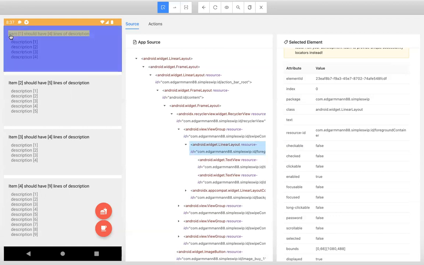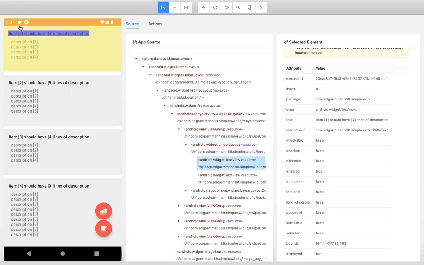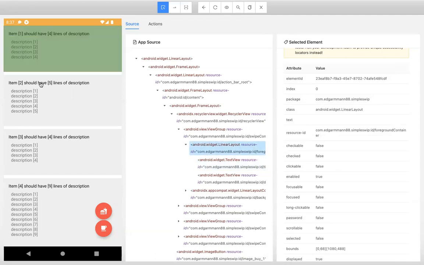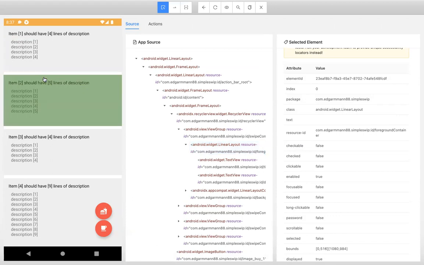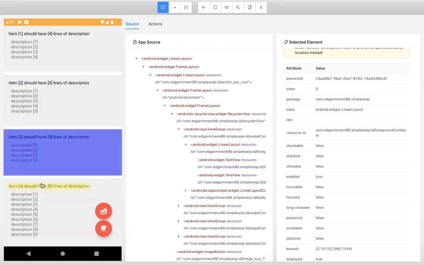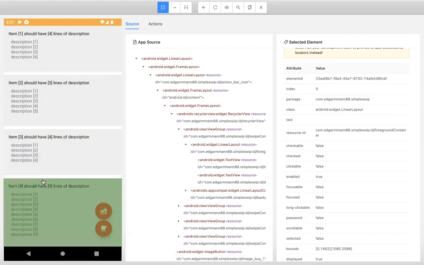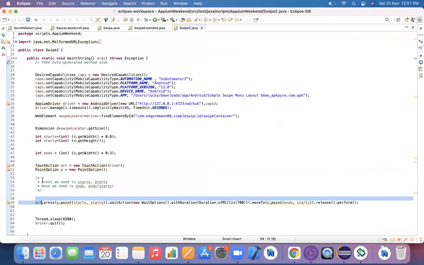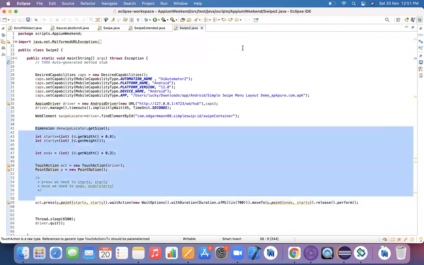Guys, we give the boundaries the least preference. But most of the time, we generate dynamic coordinates and perform the operation on the desired coordinates.